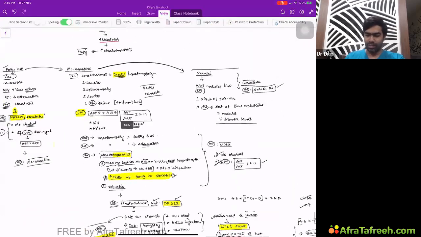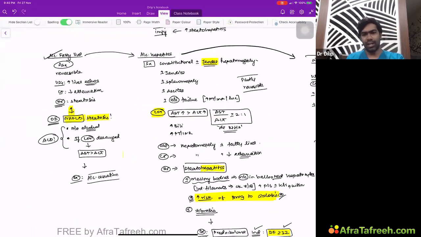To understand the spectrum of alcoholic liver disease: fatty liver is completely reversible; alcoholic hepatitis is partly reversible, depending on the severity, and treatment depends on the discriminant factor. You can add steroids, or probably pentoxifylline if steroids are contraindicated. DF more than 32 is the indication for steroids. I told you how to calculate the DF. Assess the response at 1 week using the Lille score. If the Lille score is more than 0.45 at 1 week, it's better to withhold steroids because the patient has a poor prognosis and won't show much response to steroids if not responding at 1 week.